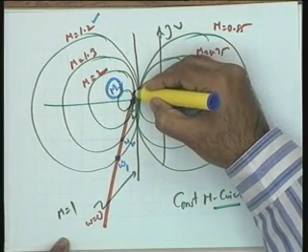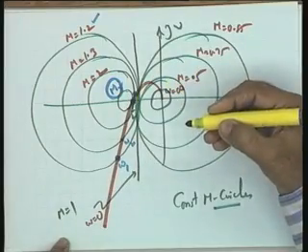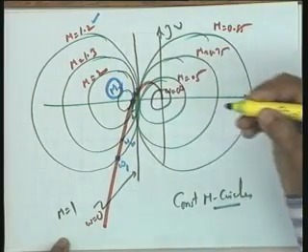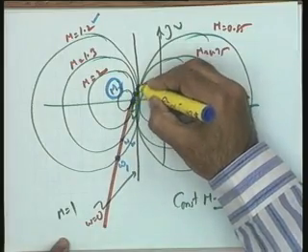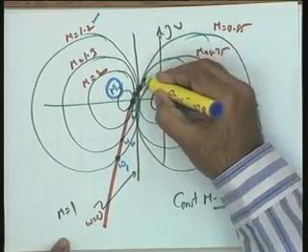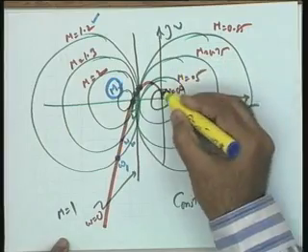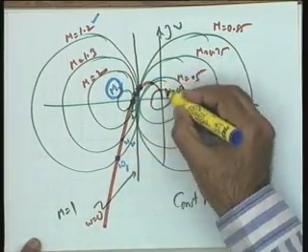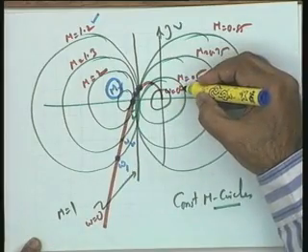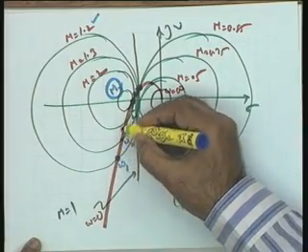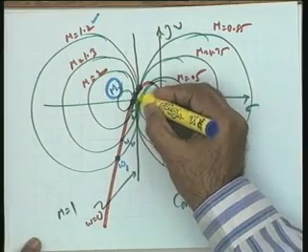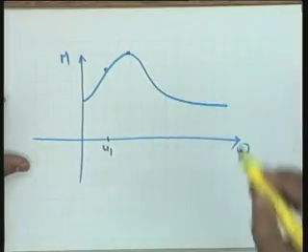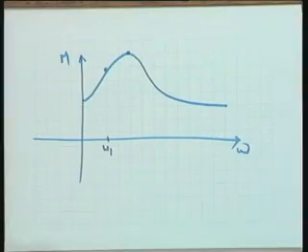Now, you take the next point, the magnitude of m is decreasing. Take the next point, it is decreased further. At this point the magnitude of m is 1, and now it becomes 0.85, 0.5, whatever values you take. So, as I travel along this Nyquist plot from omega equal to 0 to infinity, the magnitude of m increases, becomes maximum, and then starts decreasing. Therefore, from these circles I can make a sketch of this type, which is the closed loop response of the system.